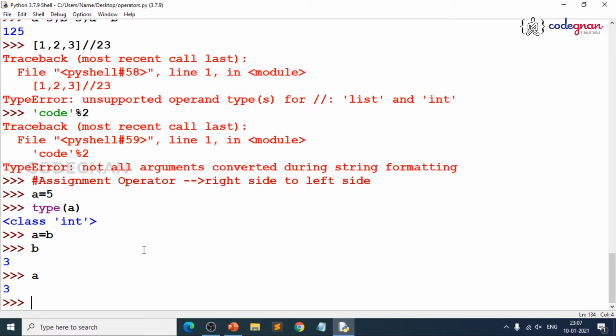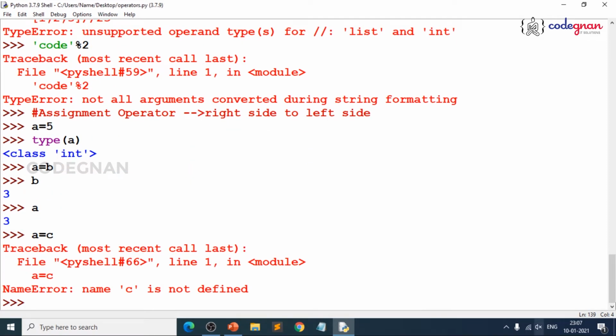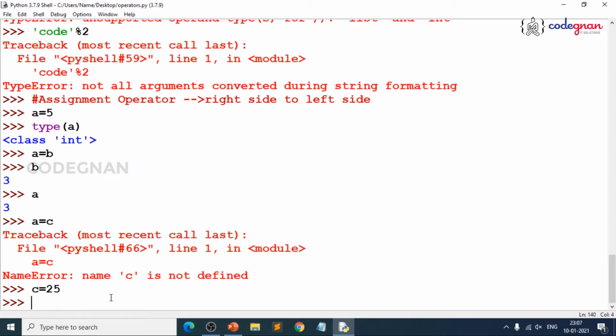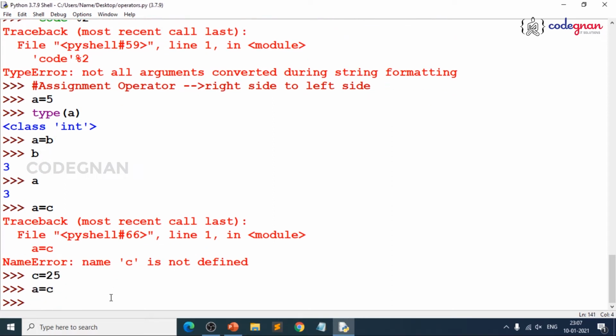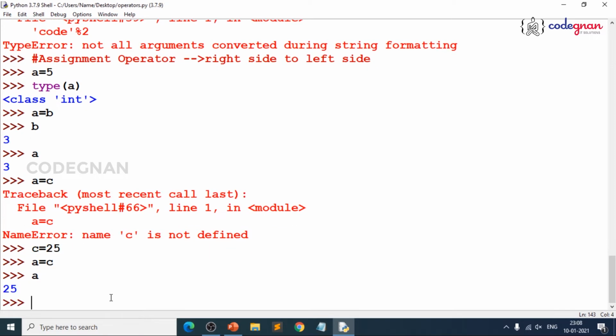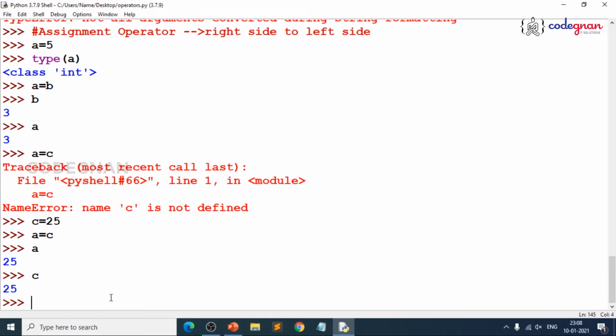So now what I will do is, I write something like a is equal to c. Why are you getting name error? Because I told you, right, it is storing the value from right side to left side. So c is not defined, you get name error. So always what you are trying to give, give it on the right side. So here a will make sure that the right side value is stored over there. That means if c is 25, then you can give a is equal to c. Now a value will also be 25. So just always remember that point, which is very, very important, right?